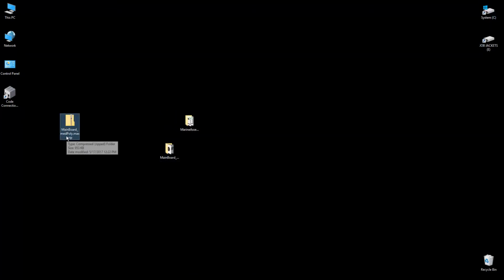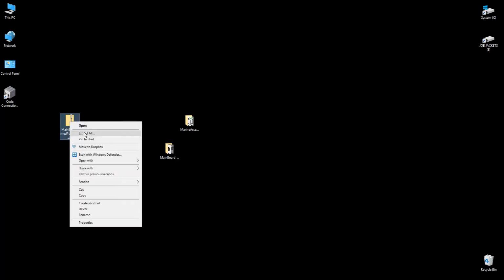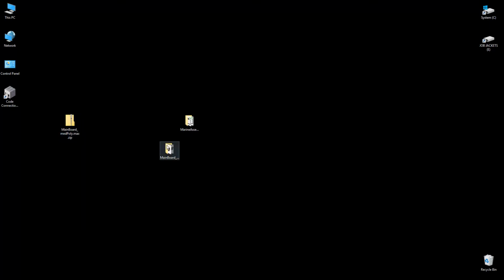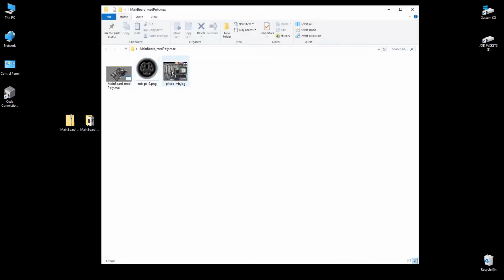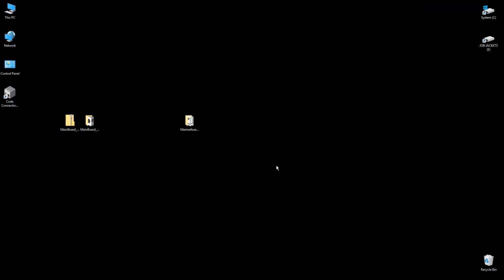It's called Mainboard Medium Poly. It's a Max file and it's in a zip. I extracted it and I ended up with this directory. Inside this directory, there's a JPEG and a couple of PNGs, and then there's a Max file. So this is a 3D Studio Max file. If you don't have 3D Studio Max on your computer, it doesn't really matter because we're going to go straight